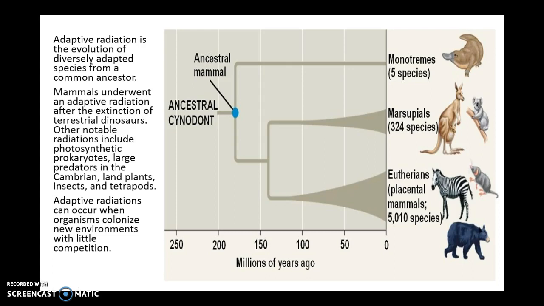This is the evolution of a group of species from a common ancestor, where you have a common ancestor that lived through the extinction, and then the species changes or adaptation lead to multiple different types of species that just radiate out from that common ancestor